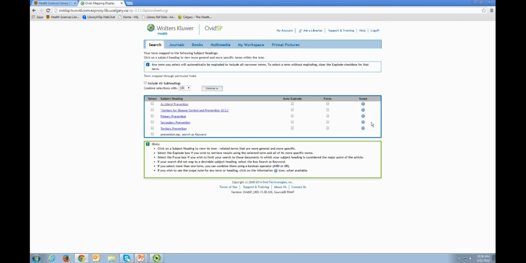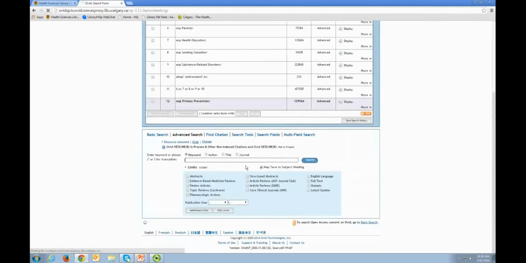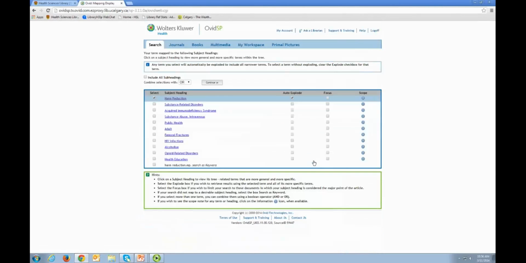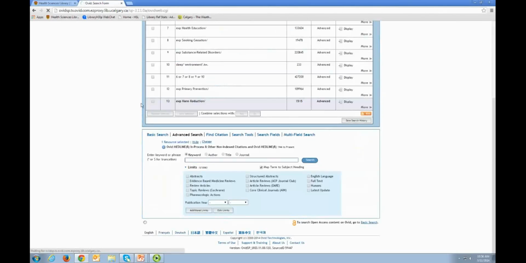So here, what you can do is look at the scope note to decide what kind of prevention you are interested in searching for. And then finally, harm reduction. Okay, great. Harm reduction's at the top. You'll include all subheadings and carry on. Okay, and then we will do